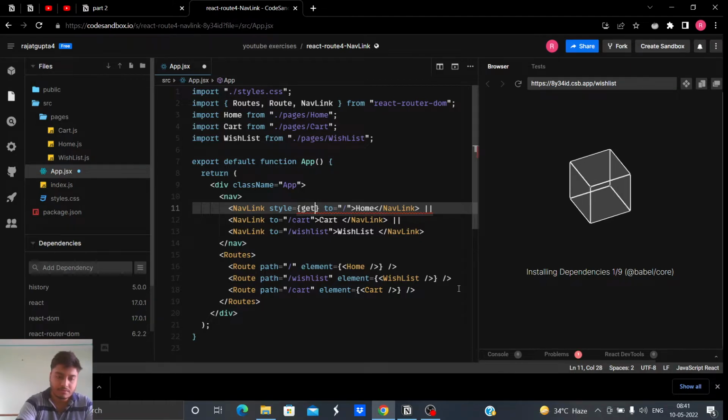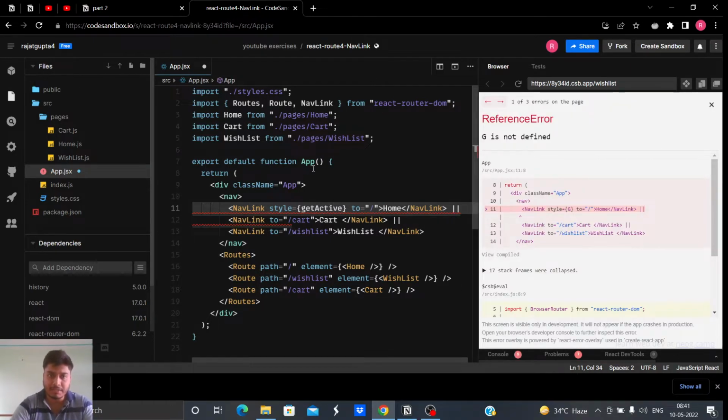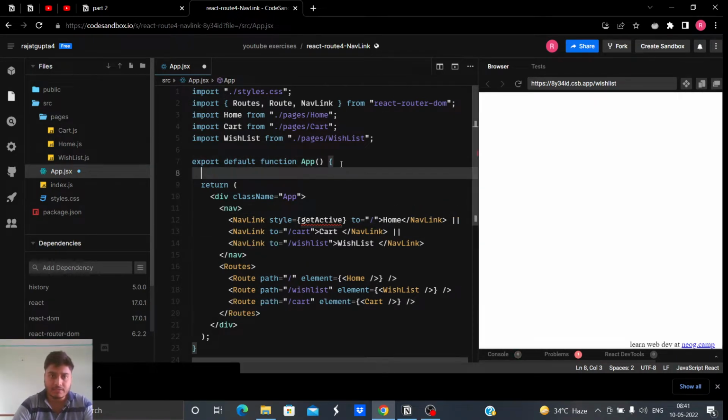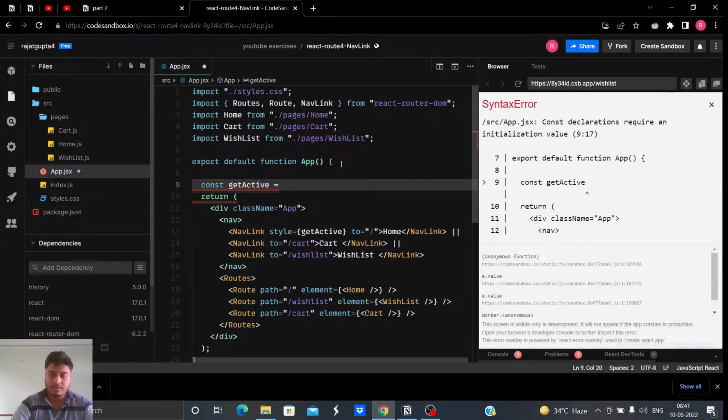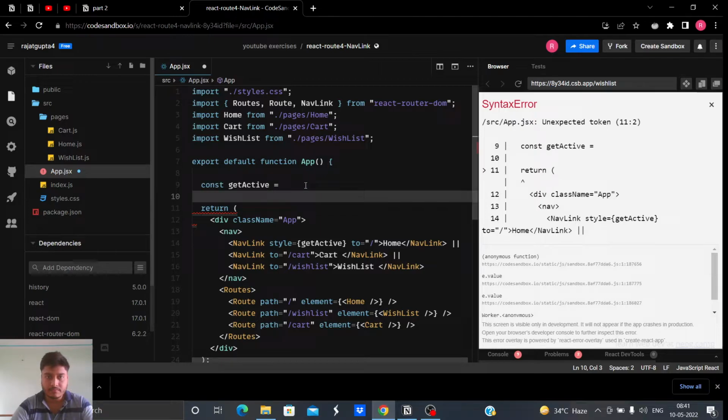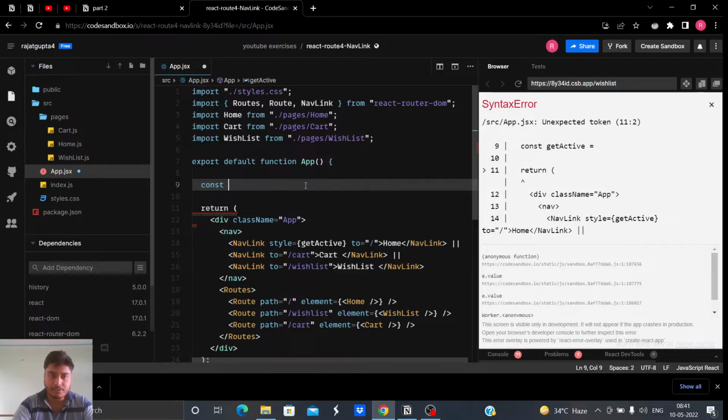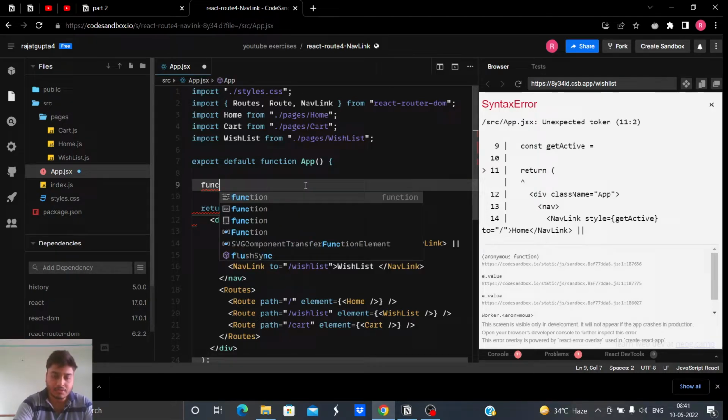Let me name it getActive. You can name it anything. It says getActive is not defined, so no problem, let's define getActive. Let me use normal functions so that you guys won't be confused.